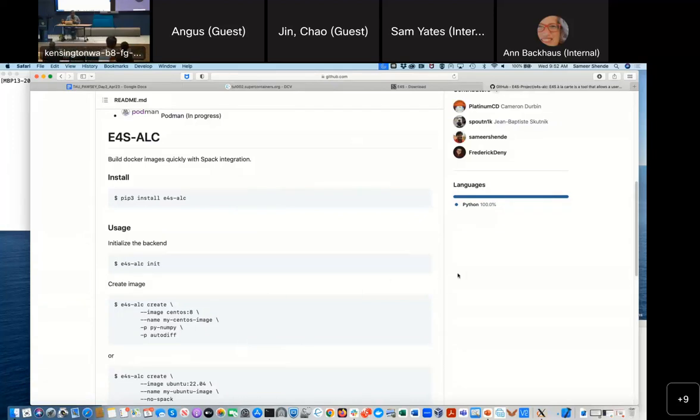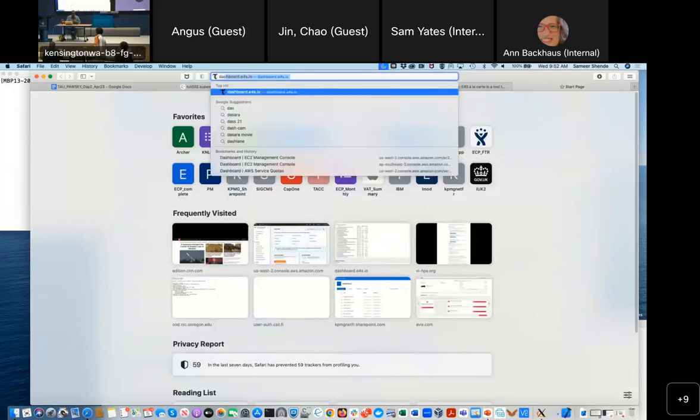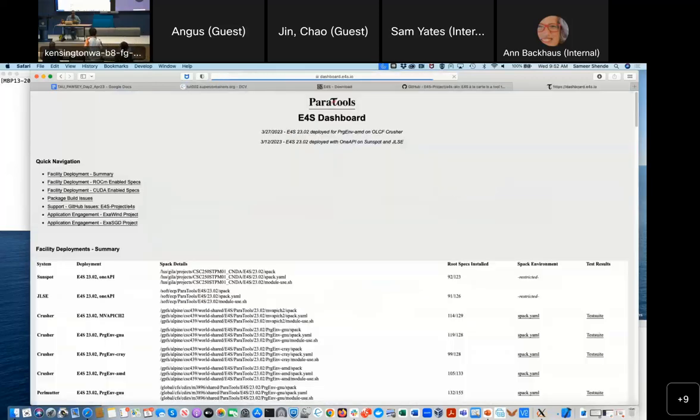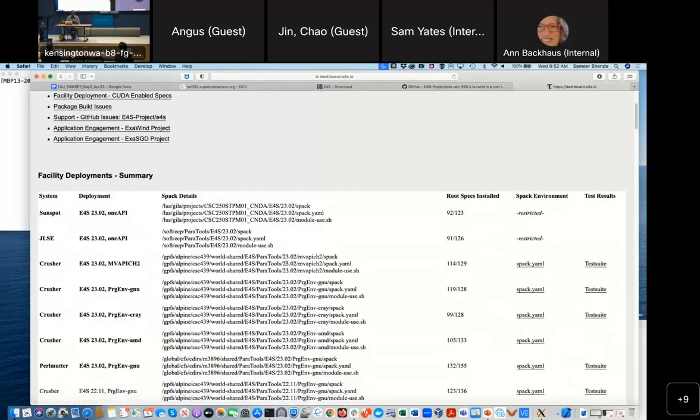And if you want to see how it is used on other DOE systems, we have a dashboard, e4s.io, which shows you exactly the Spack recipes to bare metal install it on various machines. And you can see exactly how this recipe for E4S is there in the spack.yaml, the results of the test suite